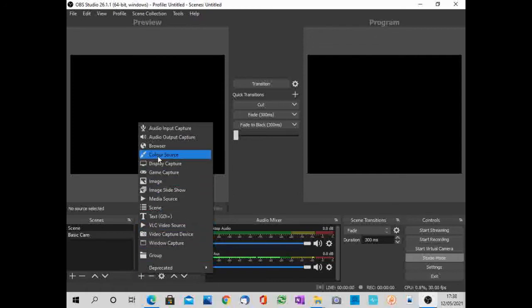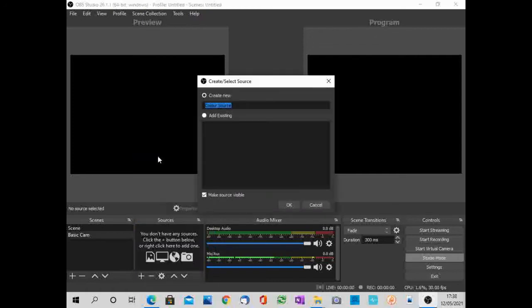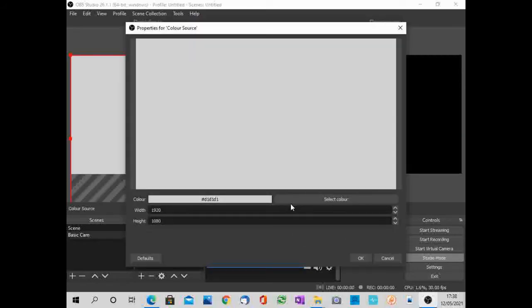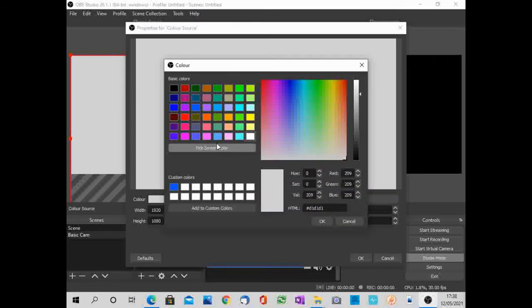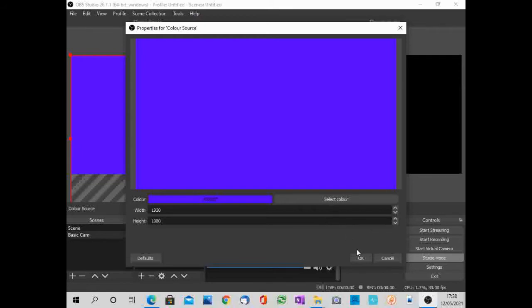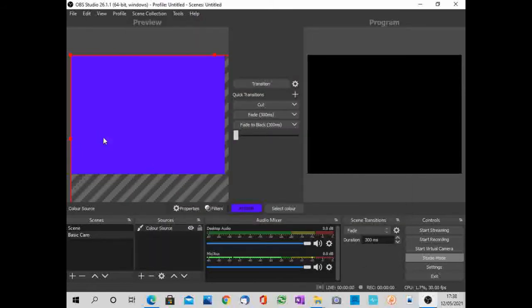If we go up to colour source, select that, and then colour source, OK, and we can choose a colour. So let's have a nice, what do we think? No, nice blue background, and click OK, and OK, and you can see straight away that that's filling that part of the screen. We can change the size of it so it doesn't fill all of the screen,